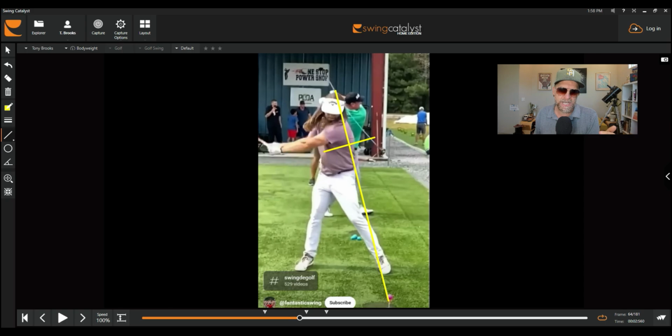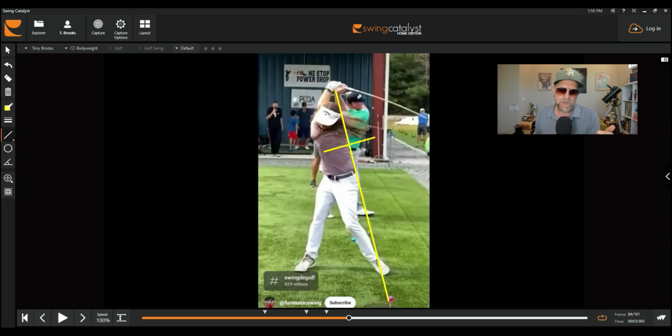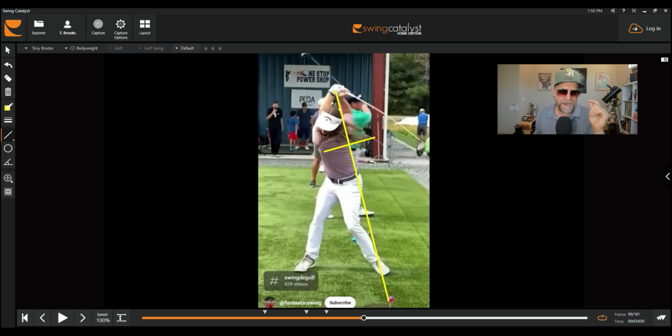We get a lot of rotation. We get that width. Look how far back his club goes. But again, remember that T that you need to form. So there's the shoulder turn and there is the T. So he does not go past parallel to him. He might go past parallel to our view at the ground, but in terms of his rotation, he just gets